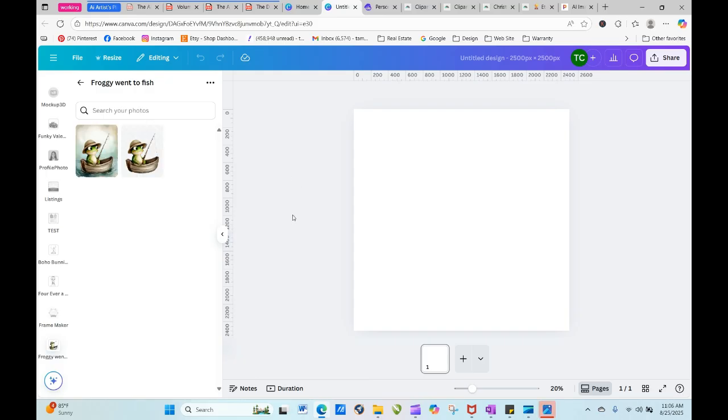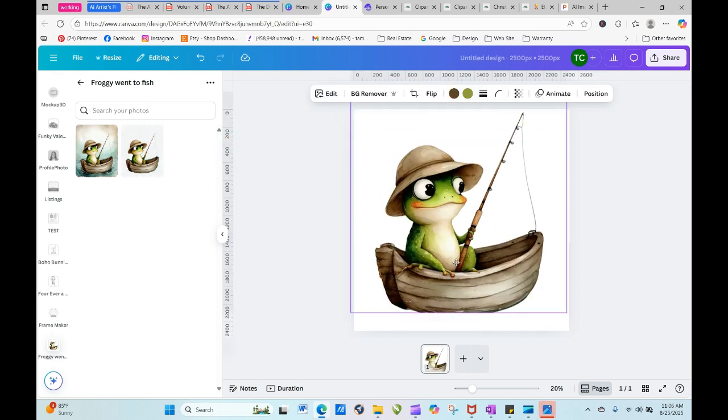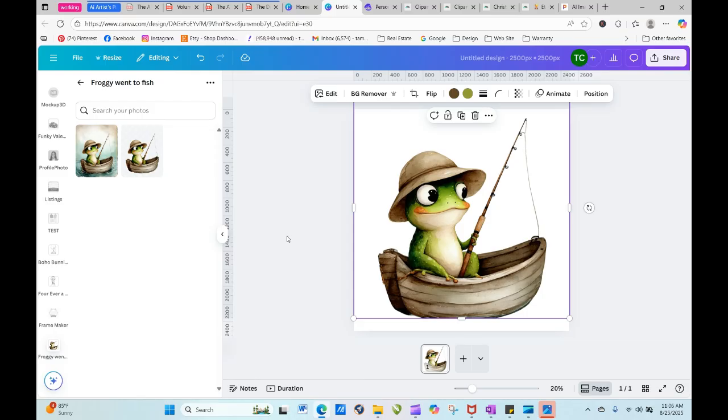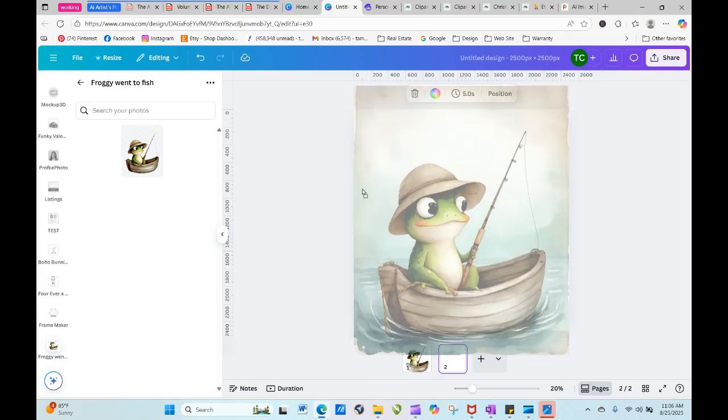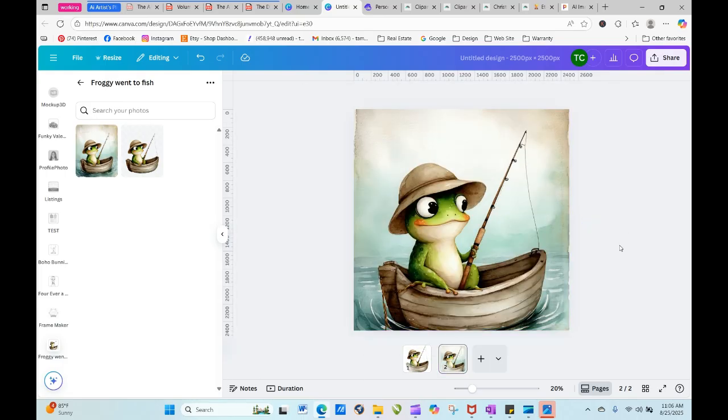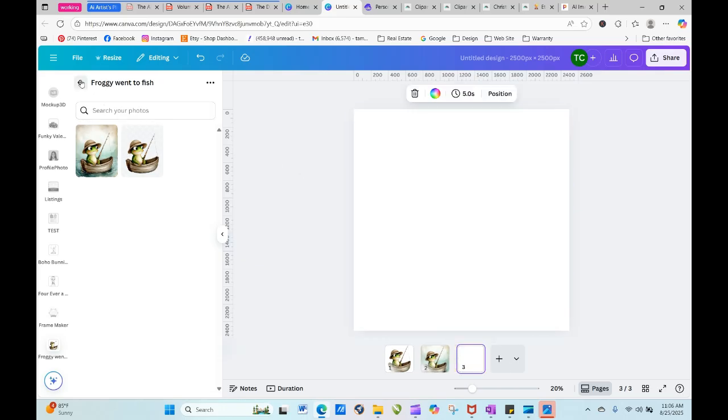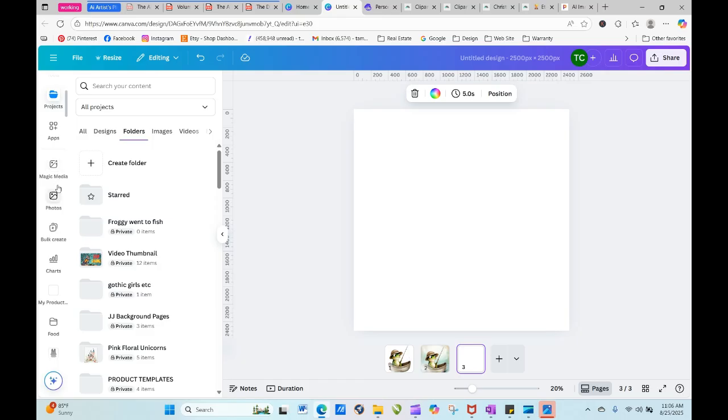Okay. So the first thing we can do, we can sell this just as clip art. So we can make the whole pack. We could sell this individual image, or we can then also use it as a sticker. And we could even put it inside a shape for a sticker. So let me show you how to do that. So we can go over to